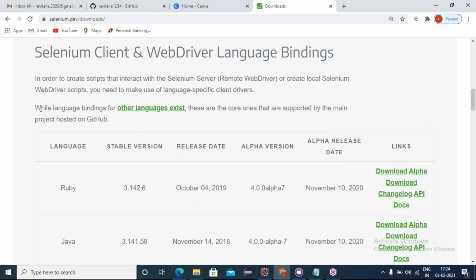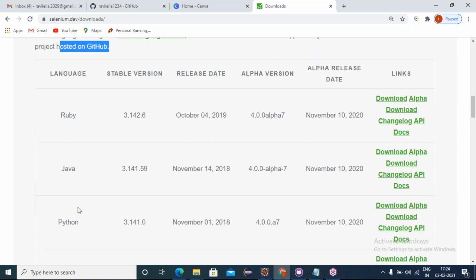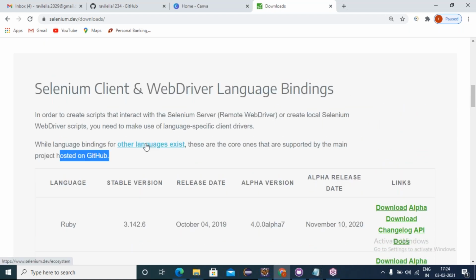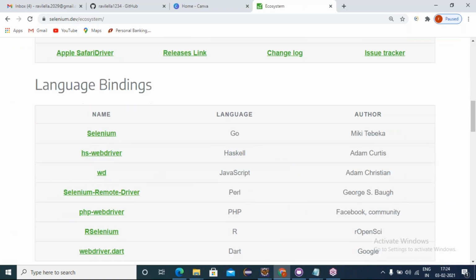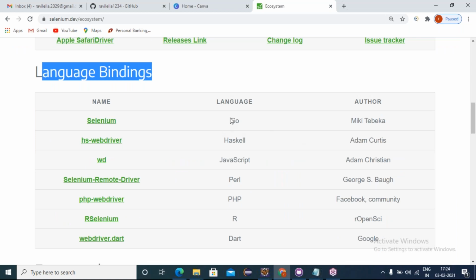Yes, here. While language bindings for other languages exist, these are the core ones that are supported for the main projects hosted on GitHub. These are the main language bindings supported. Apart from that, other languages are also supported. If I click on that, here we can see, friends, other language bindings. What is that? Go programming is a Google programming language.